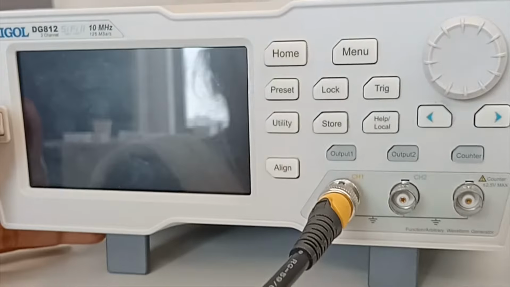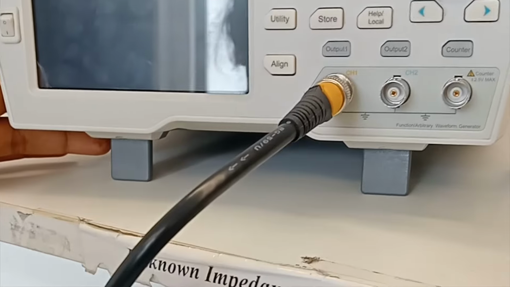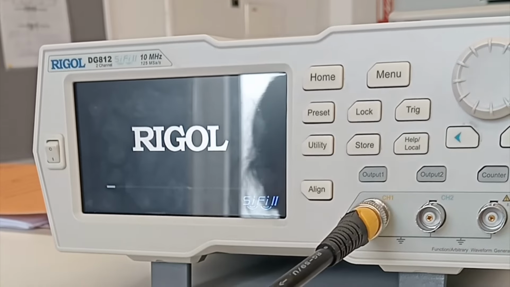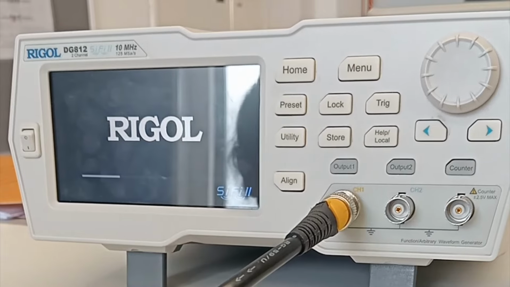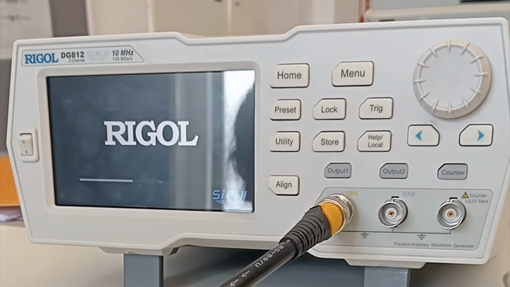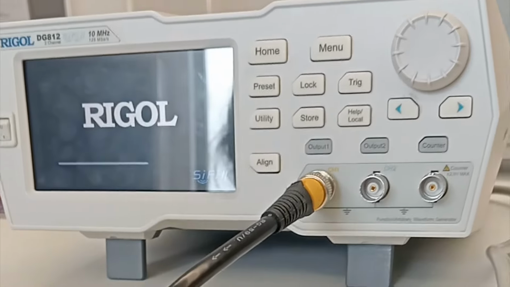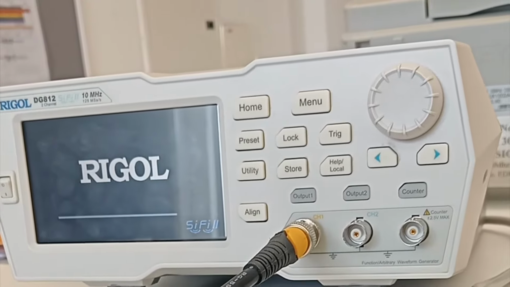Now if I see over here, this is the function generator, signal generator. The purpose of the function generator is to generate the AC signal. Here we are going to switch it on. In the AC signal, there are three or four parameters which are very important. To generate any kind of signal, first I need to tell this function generator what kind of signal I want, or you can say what waveform I want. It could be sine wave, square wave, triangular wave, or any other kind of wave. So first I will select the kind of waveform I want. I am going to select the sine wave.